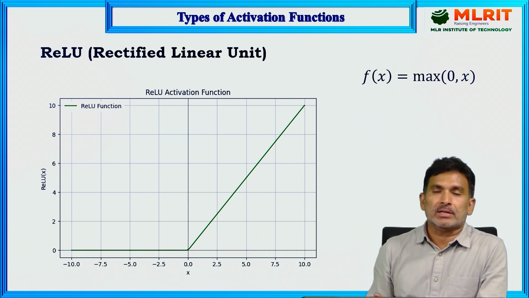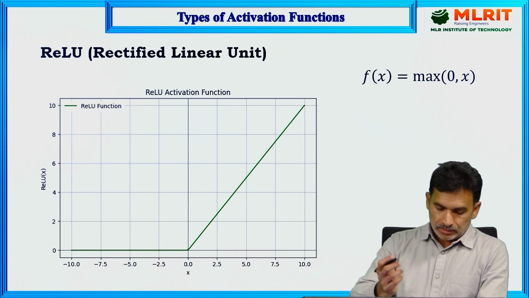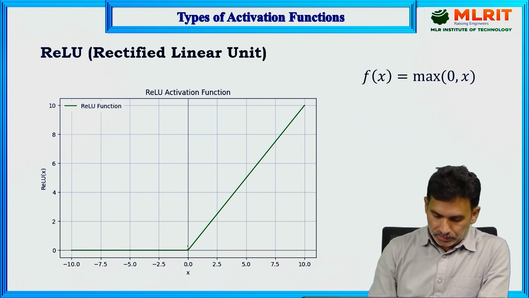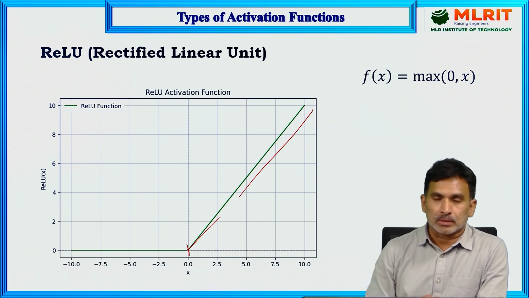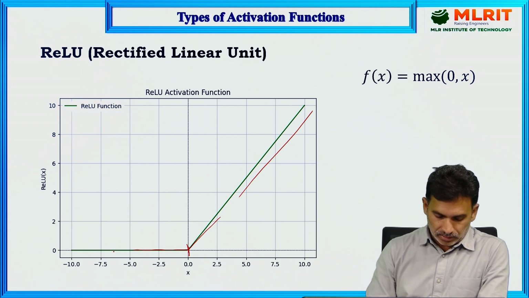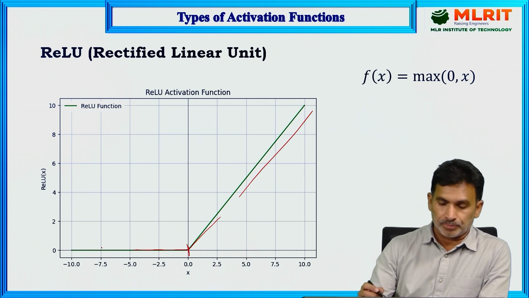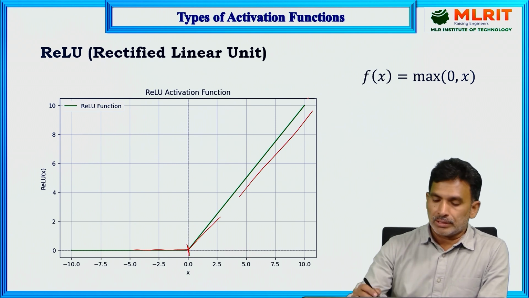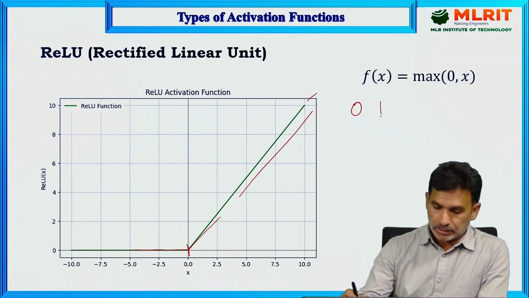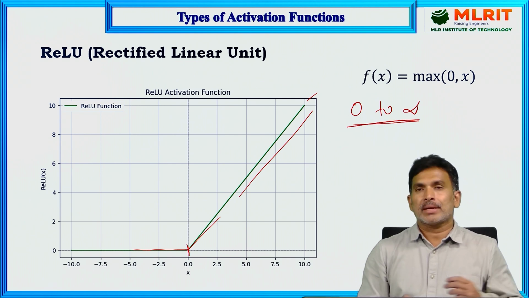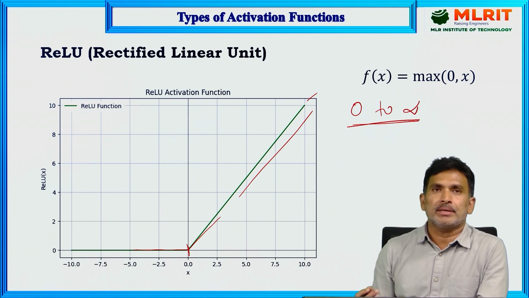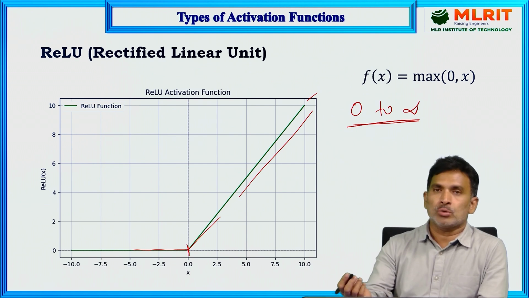Another very important activation function is ReLU, the rectified linear unit. Here you can see the positive part of x in this graph, and this one looks like a linear function. On the negative side, it is almost equal to 0. So there is no upper limit, that means it produces 0 to infinity. Okay, and the major advantage with this ReLU, rectified linear unit, is that 50% of neurons will produce the output